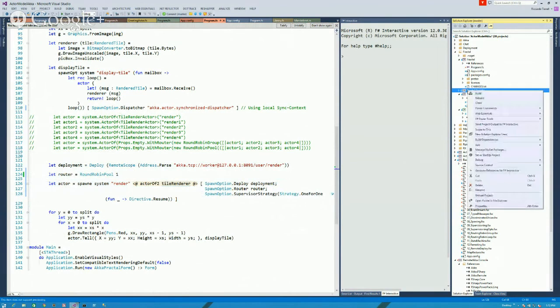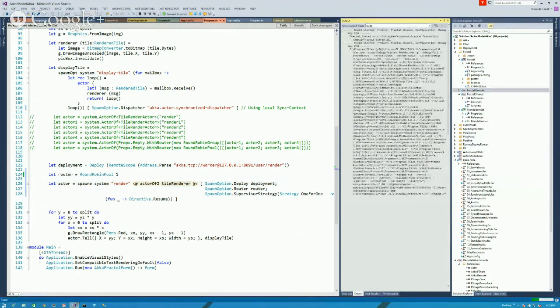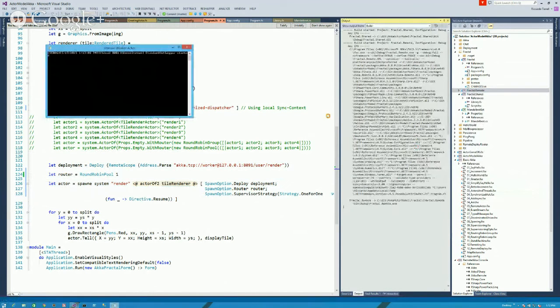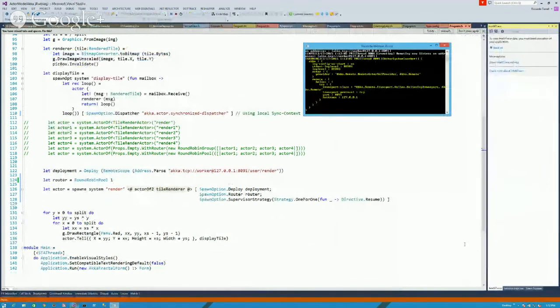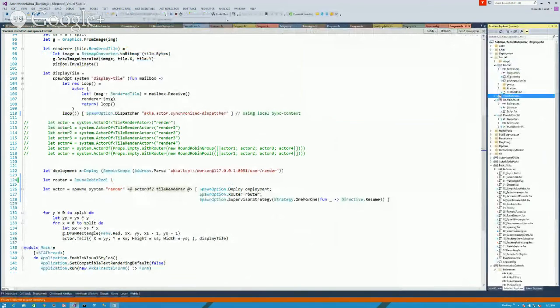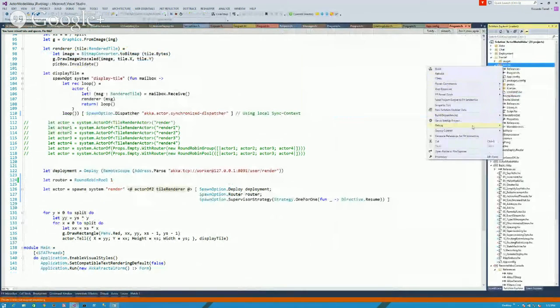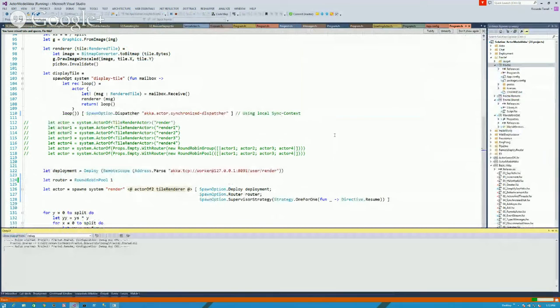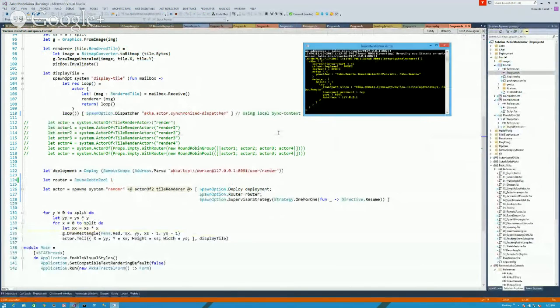So let's run this application. I'm going to start my Fractal remote. So now the system is up and running, and again, it doesn't know anything about any actor. The Fractal here starts the WinForm application, and